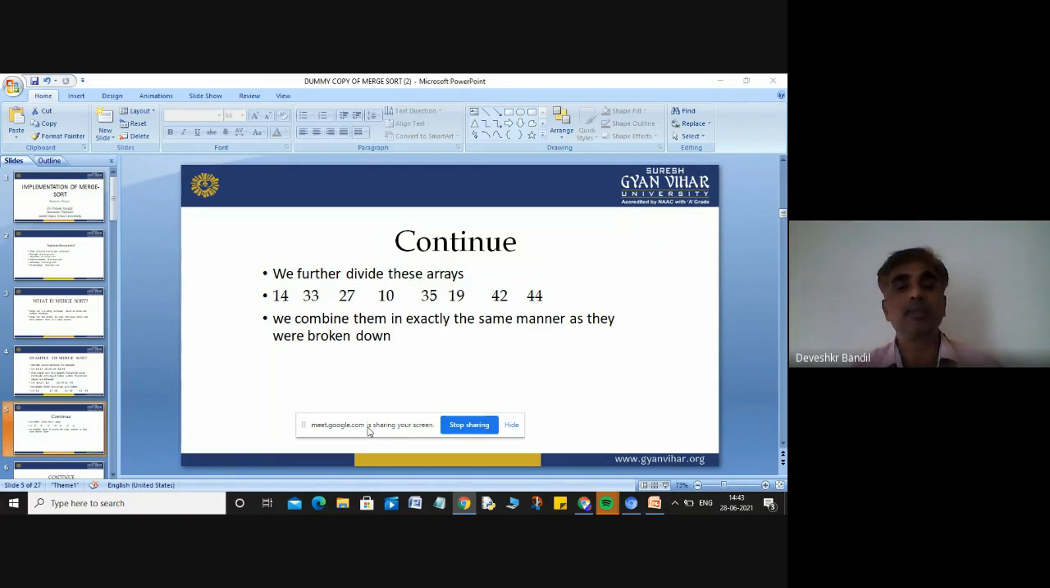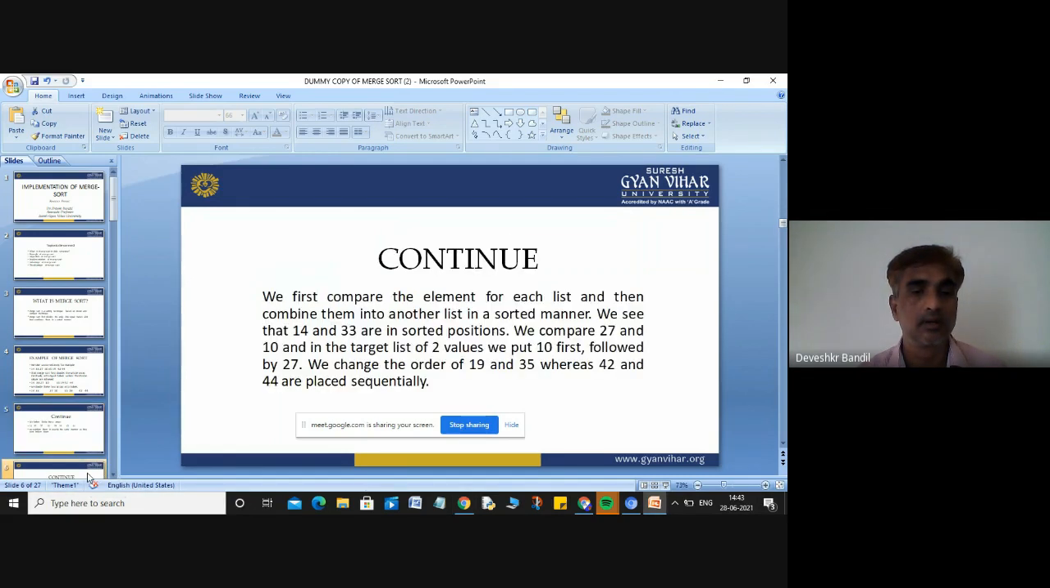Okay. And after that, as per the second step of merge sort, we combine them in exactly the same manner as they were broken down. So we first compare the elements of each list and then combine them into another list in sorted manner. We see that 14 and 33 are not in sorting fashion. You can see in this slide,